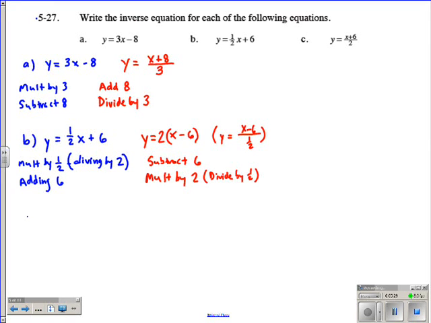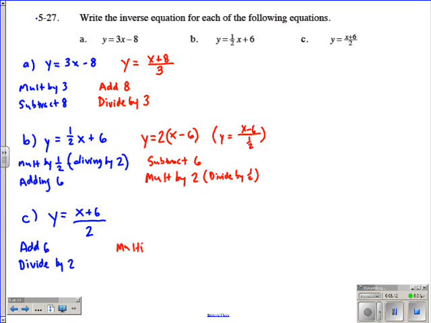All right, let's do the last one here. Let's do C, and then I'll show you a different way to approach these. We have y equals the quantity of x plus 6 over 2. So as we try to list out our steps, if we were looking at order of operations, we have our x, and we would add 6. Then we would divide by 2. To do the inverse, or to undo everything here and go backwards, instead of dividing by 2, we would have to